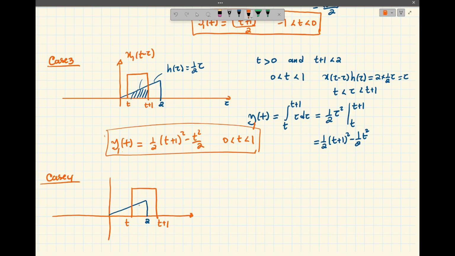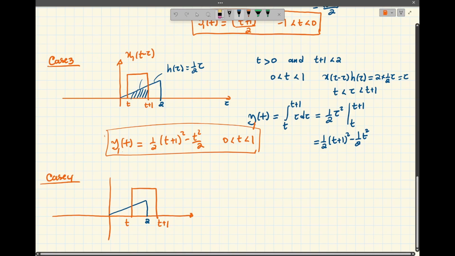Now, for this case, we have t less than 2 and t plus 1 is bigger than 2. So in that case, we have 1 less than t less than 2,